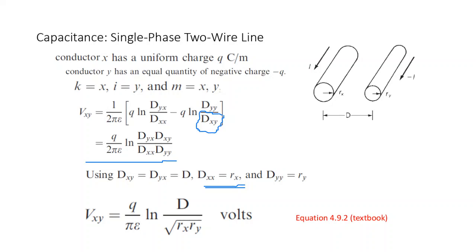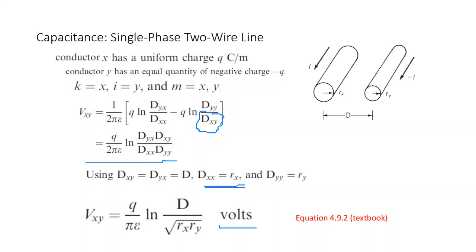In the inductance, here we use the radius. Okay, so for the capacitance, we use the radius. This is one of the differences when you calculate inductance and when you calculate the capacitance. And then we can put it just in this form. The voltage will be